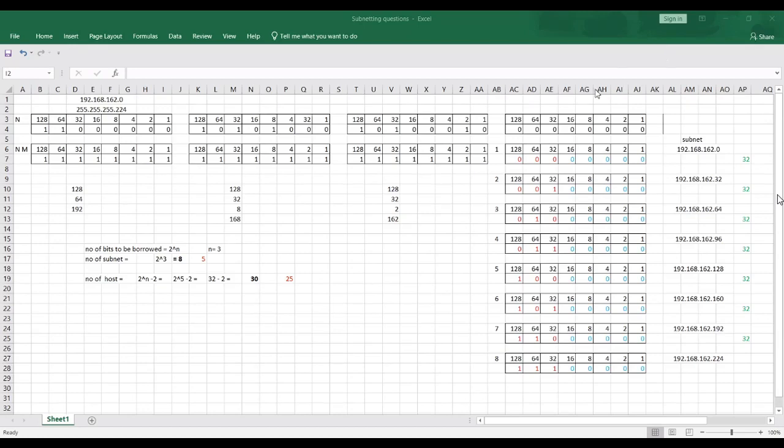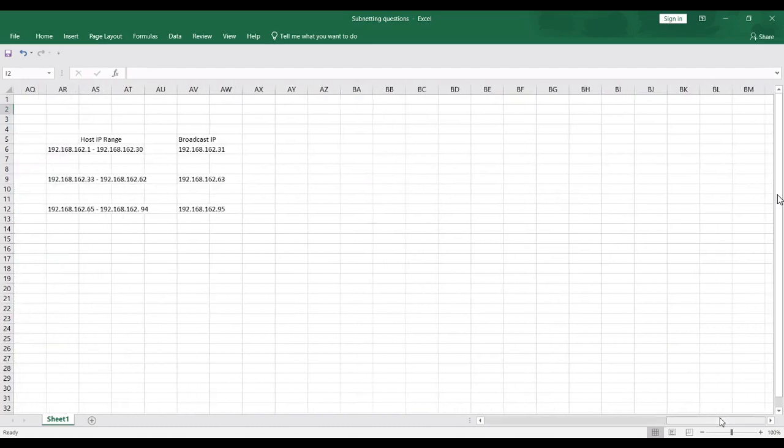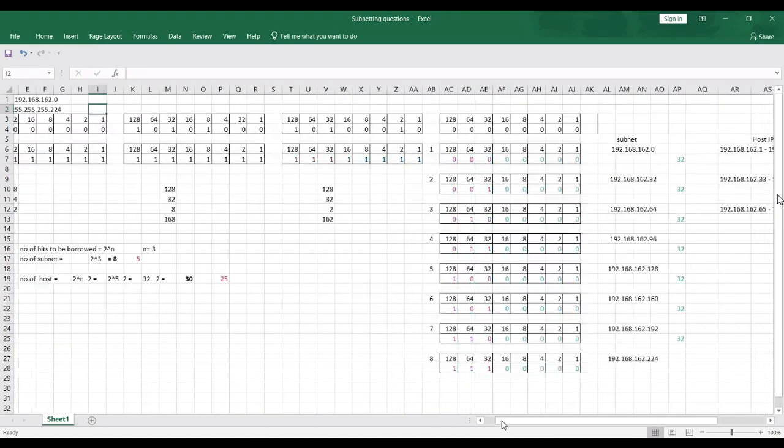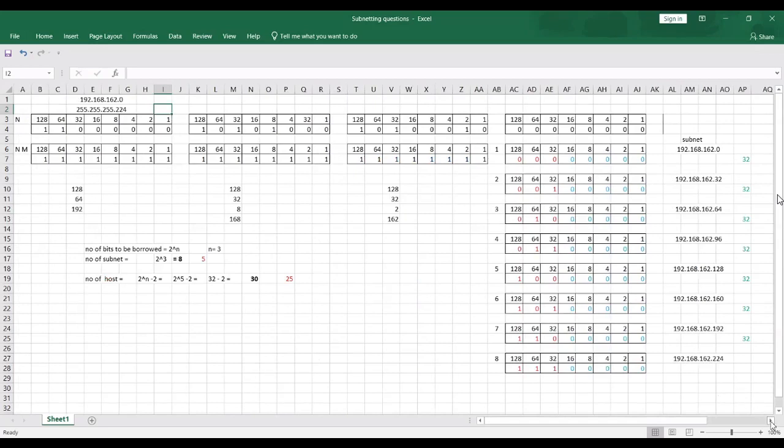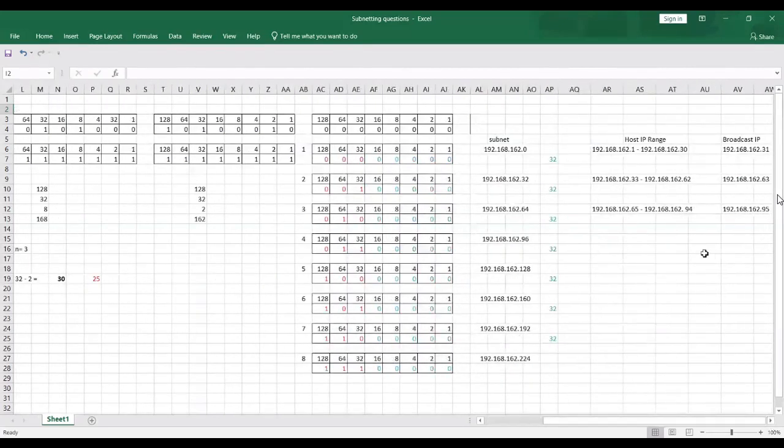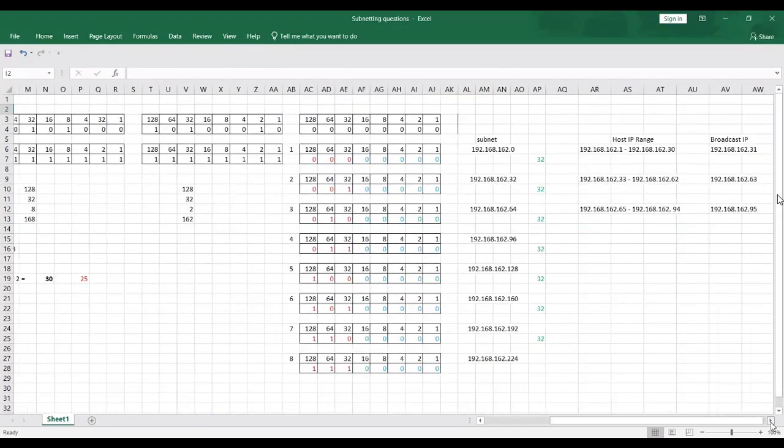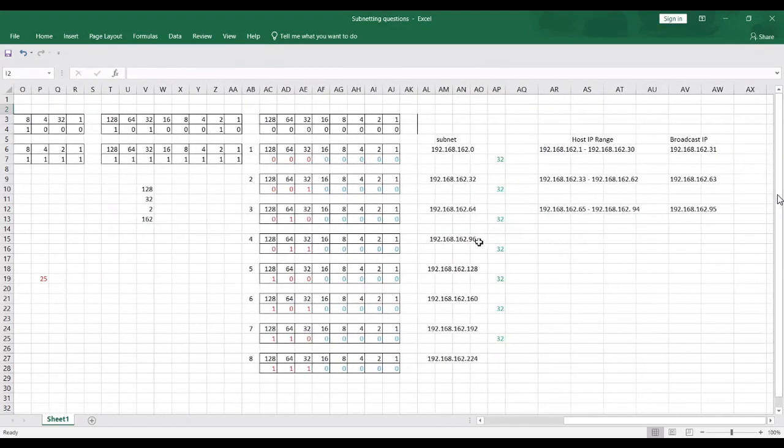So therefore, if you have any doubts here, you can ask me. These are the possible values that can come to the subnets as well as host IP ranges, right? So you can fill out the remaining ones here. I'll fill one set. The last IP address, that is the subnet IP address, is 96. So therefore it should be